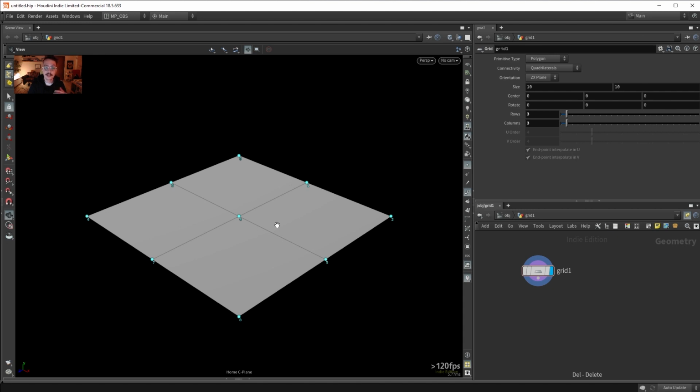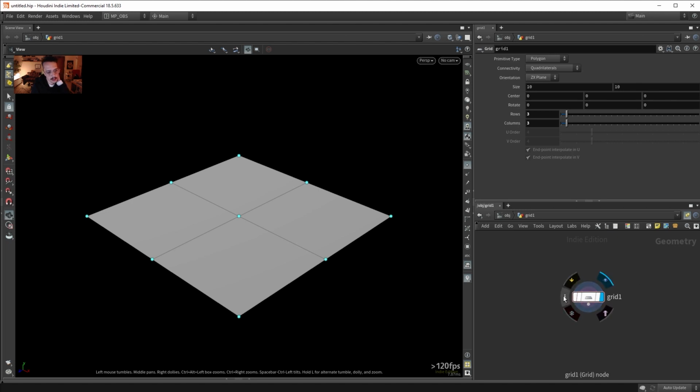So now let's finally start to see what attributes are. As I was saying in the beginning, attributes are data that flows through the points and through the primitives and through the vertices. And while this data exists in every software, in Houdini it is simply accessible at all levels, right? So now that I have this grid here,